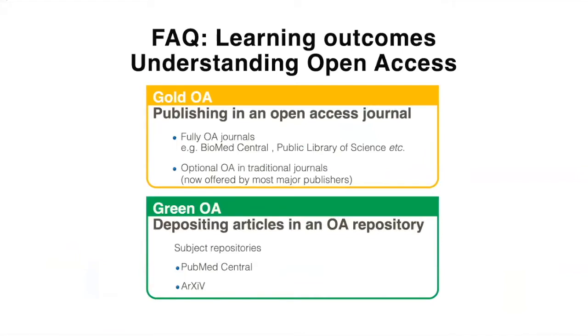And of course, there is a big area of confusion around the world amongst authors about what open access actually means, what the different kinds of journals actually are, and what they offer to authors. Now, we'll be aware of traditional journals. Everybody will be very familiar with a traditional academic journal.